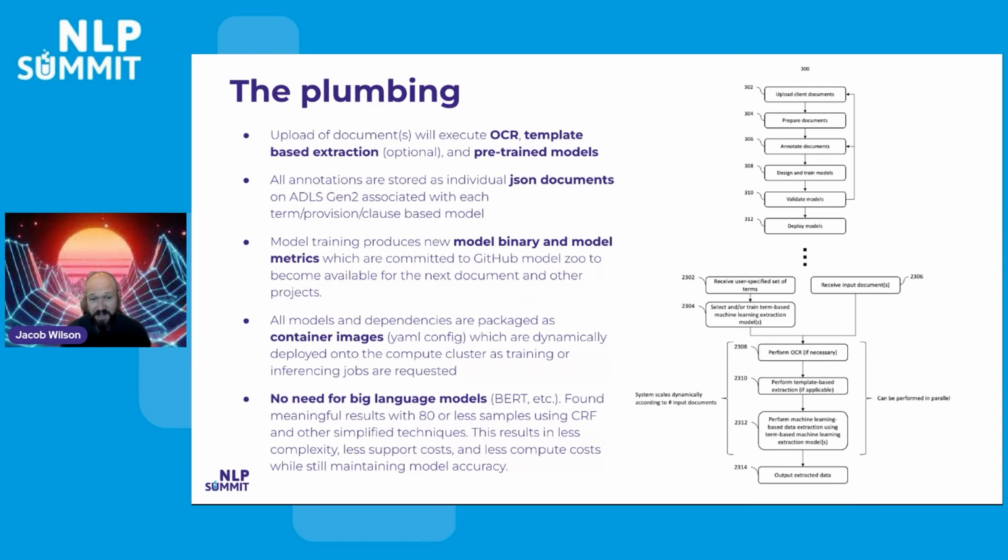The other thing is scale. We process tens of millions of pages on the infrastructure using these continuous machine learning pipelines every year. So when you think about the cost to run all of this at scale, over a long period of time, if you're using these larger language models, and there's DistilBERT, which has done some optimization to reduce the overall size of those models to help with production inferencing and model training,